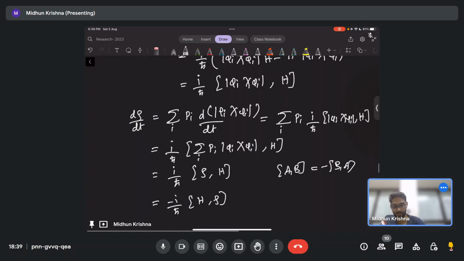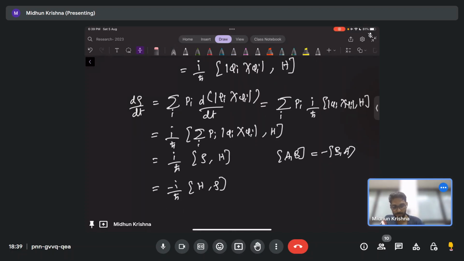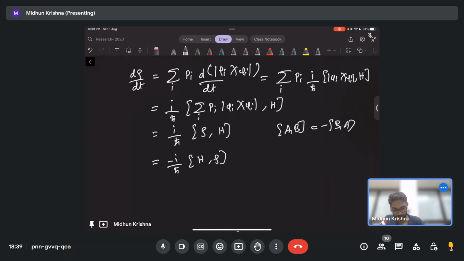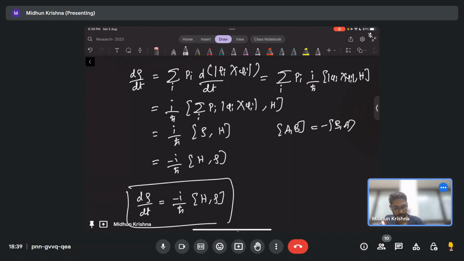And this equation, d rho by dt equal to minus i by h squared h comma rho, is called the von Neumann